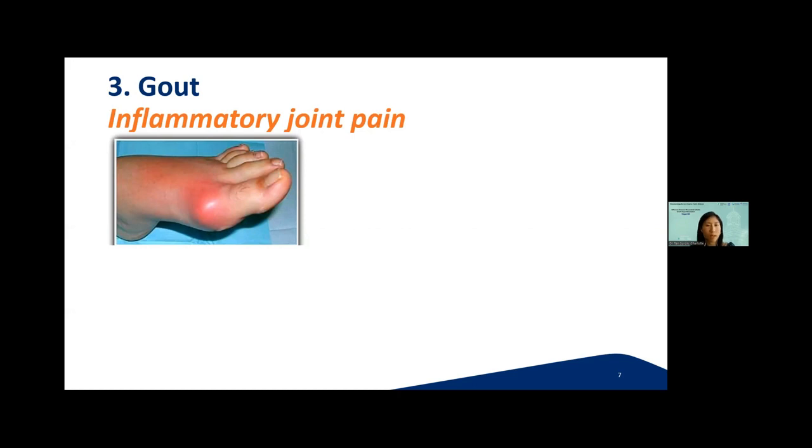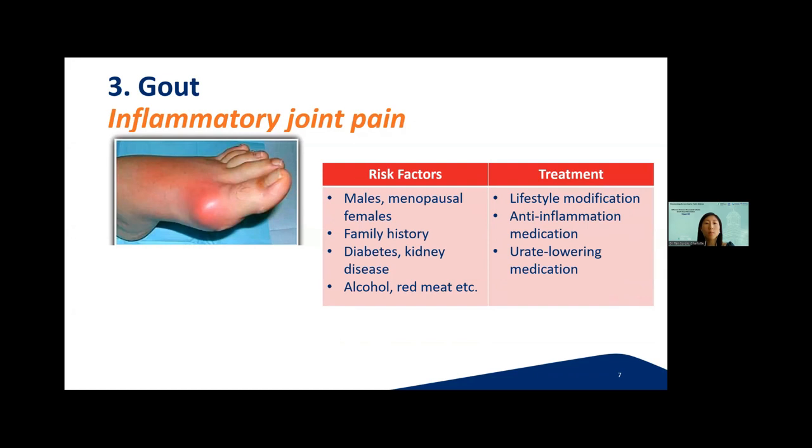The symptoms of gout attacks are actually quite recognizable. It is often sudden in onset with maximal pain within a day. Each attack often lasts for a few days to a week, requiring medications such as anti-inflammatories to help settle the pain. People who are at risk of this condition are males, postmenopausal females, and those with certain medical conditions like obesity, kidney problems, diabetes, or if you consume lots of red meat, alcohol, and the use of certain medications can also predispose you to gout attacks.